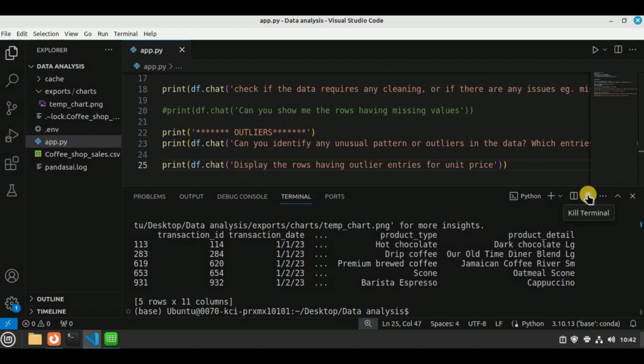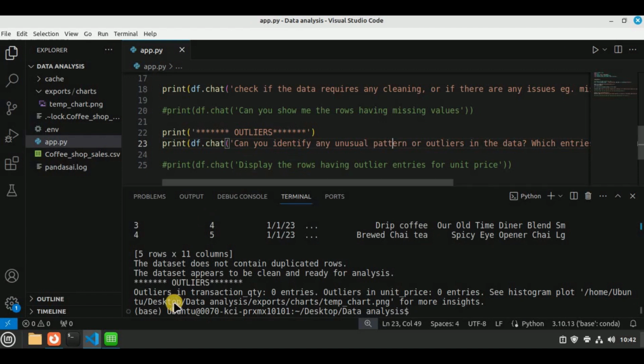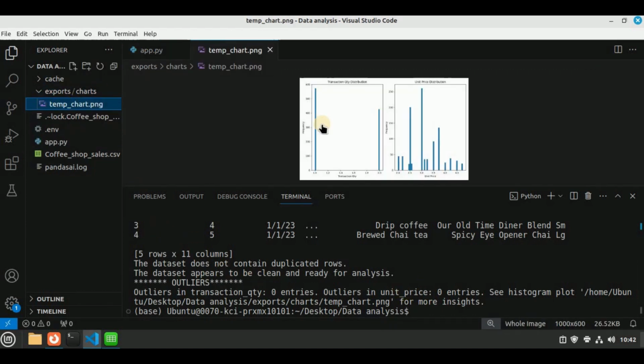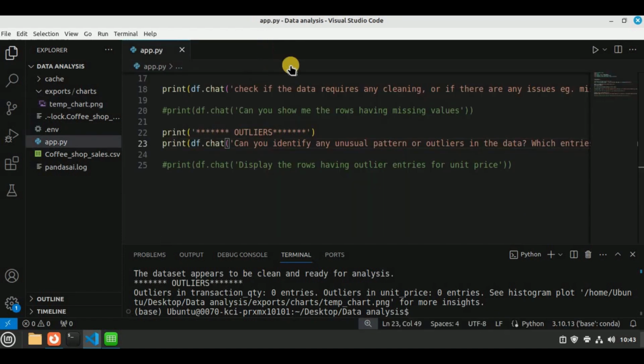Right, so I've made the changes inside my data set for these 5 rows. Now I'm gonna comment out this prompt and I'm gonna run this prompt once again to see if it displays any outliers or not. Alright, so now it says that in the transaction quantity there are 0 outlier entities, and same goes for the unit price. This means that we have cleared our data, and once again it has provided us a histogram. So let's go ahead and view it, and now you can see that we have a much better looking histogram showing actual unit price distribution, which ranges from $2 up till $5. So this means that now our data is clean and is all set to be used for data analysis.